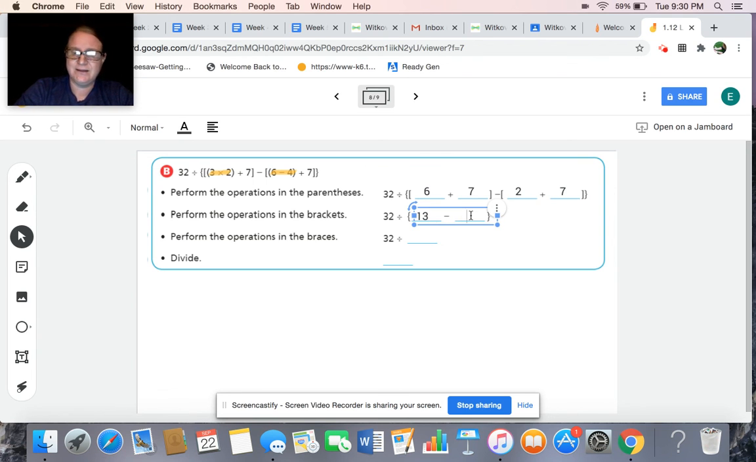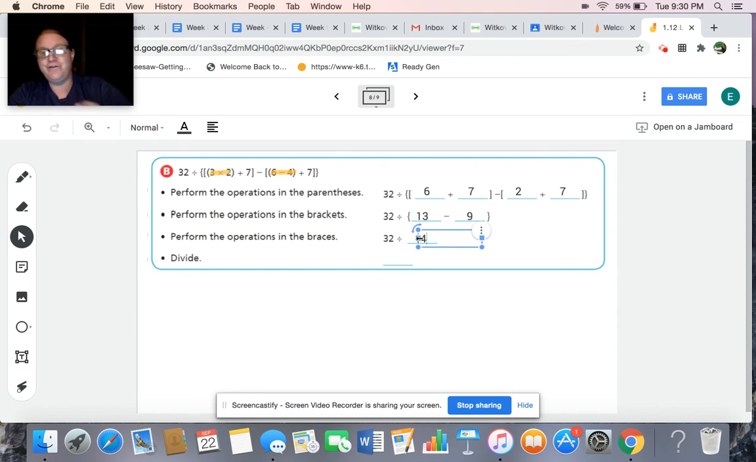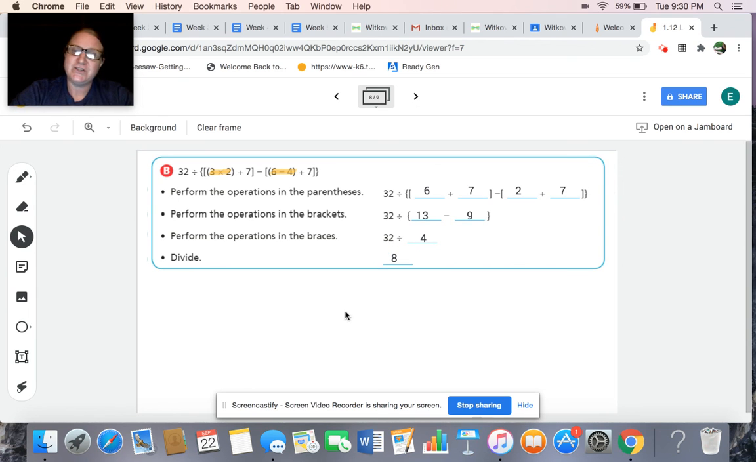So now we have 13 minus 9. Now we can perform the operation that's in the braces, and that's 13 minus 9. 13 minus 9 is 4. Hopefully you were able to get that. And now we can do 32 divided by 4. Well, think of the opposite. What times 4 equals 32? And that answer is 8. Okay? So if you just do each spot, read the words carefully, do what those words say,